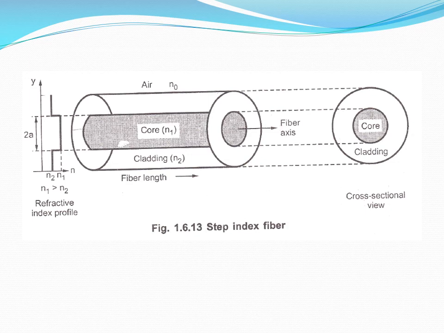This is the structure of the fiber profile of a step index optical fiber. This is the core, this is the cladding, and this is the outer medium, which is N0. N1 is the refractive index of the core, N2 is the refractive index of the cladding, and the condition to be satisfied is N1 greater than N2. This is the fiber core axis, along which the optical ray propagates. Whether single mode or multi-mode, it exhibits total internal reflection throughout the fiber. This is a cross-sectional view of a step index fiber.